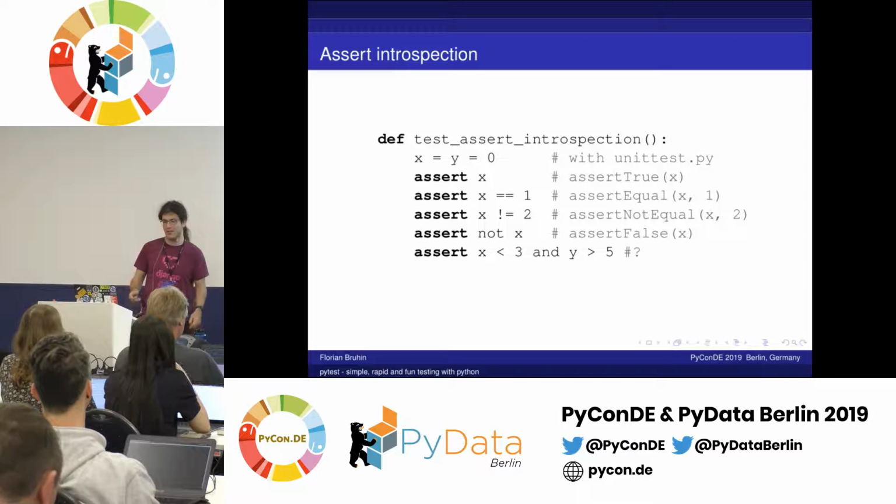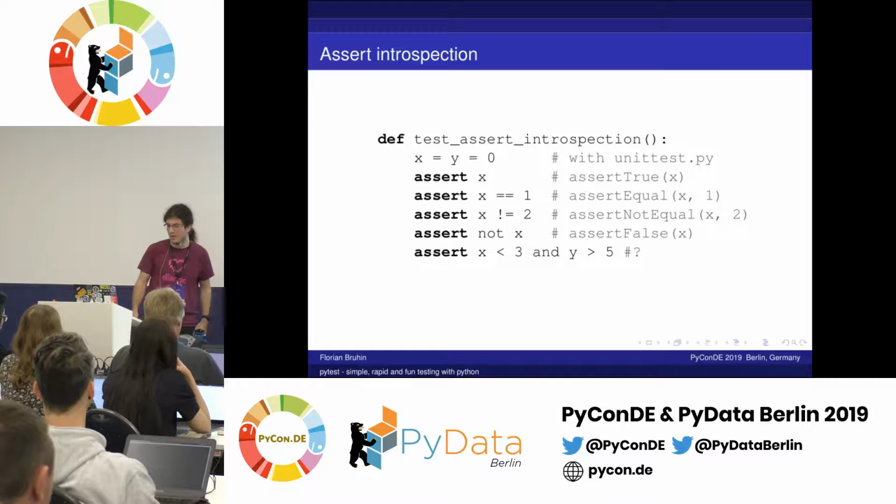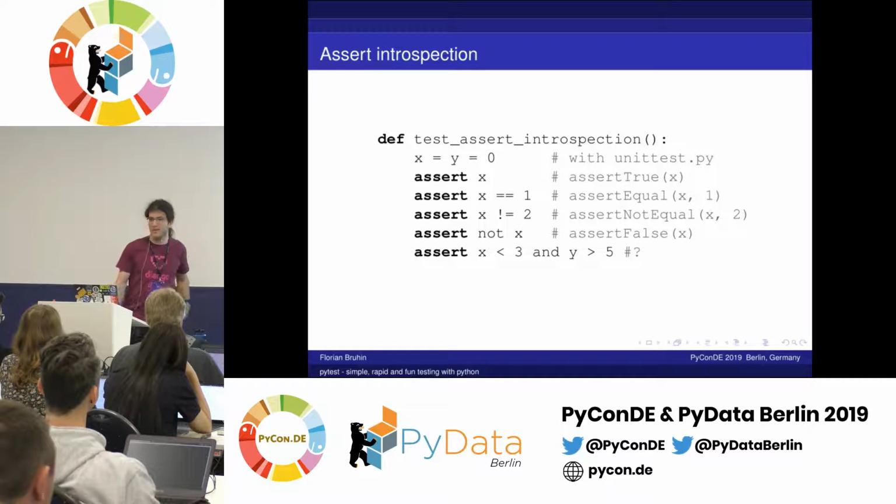Because you don't really have that discrepancy of how you would write the statement ideally and how you need to write it for your test. You just use the assert statement. There's also something I've heard about PyTest, which is that the best API is no API, which is visible nicely here.